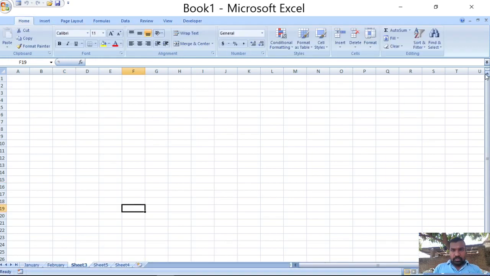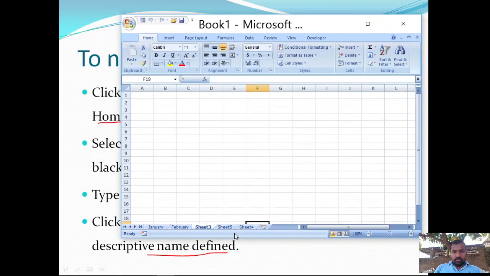So these are the ways we can insert a new worksheet. Here also we have one option, insert sheet, which is also where we can insert the sheets.